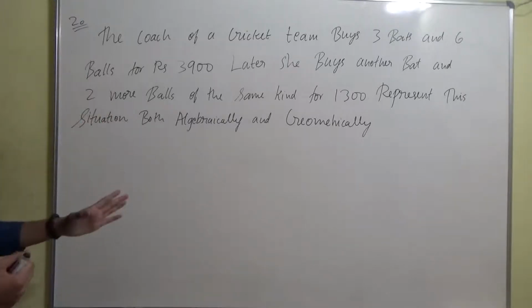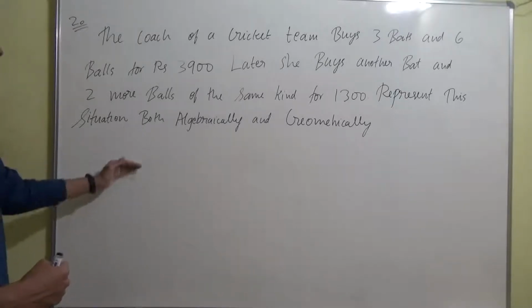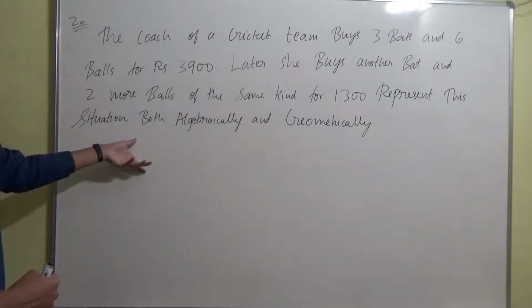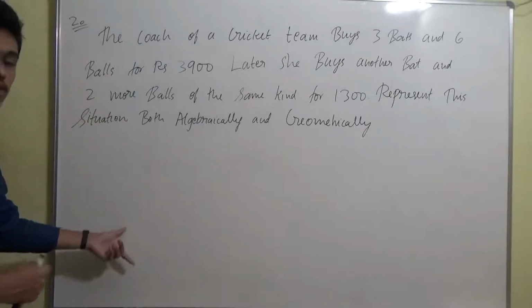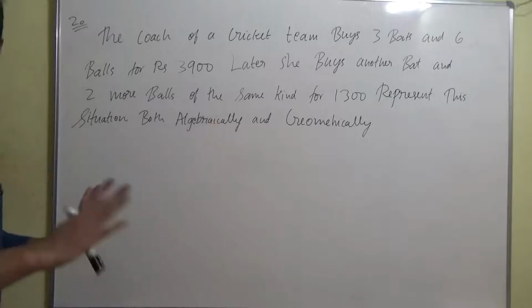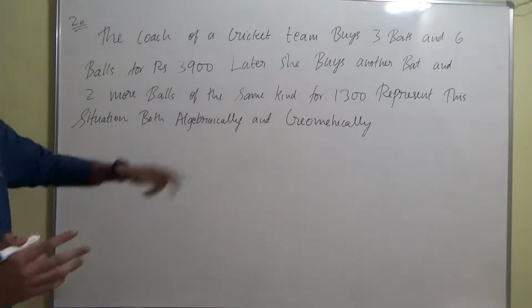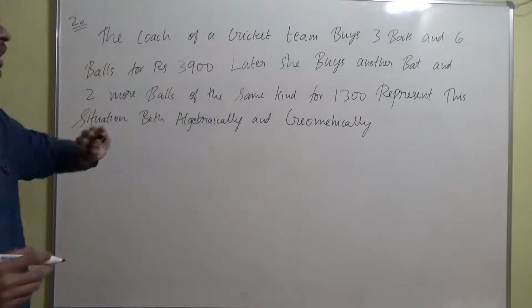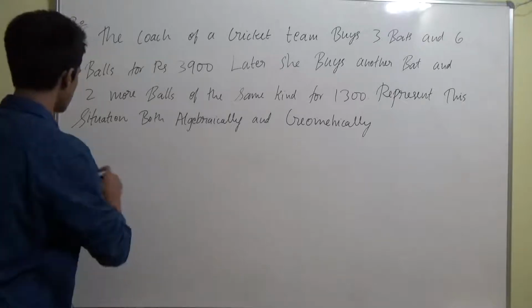So they are given two conditions, guys. With the two conditions, first we are going to formulate two algebraic equations, and with those two algebraic equations we are going to form the tables from which we are going to get the coordinates which we can plot in the graph, same like the previous question. So let's go with the conditions, guys. The first condition is the coach first goes and buys 3 bats and 6 balls. So first we have to assume the variables.